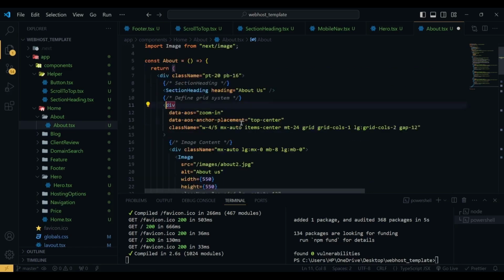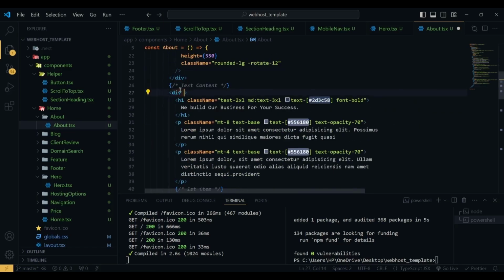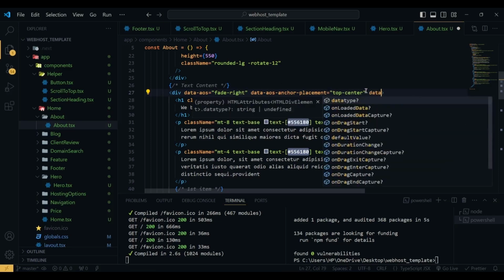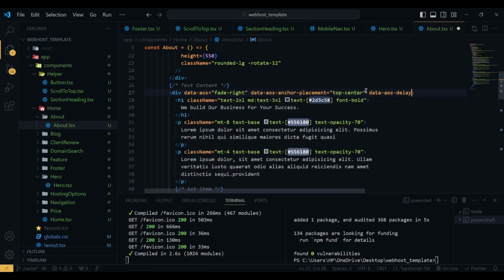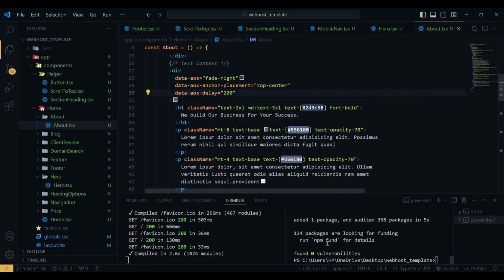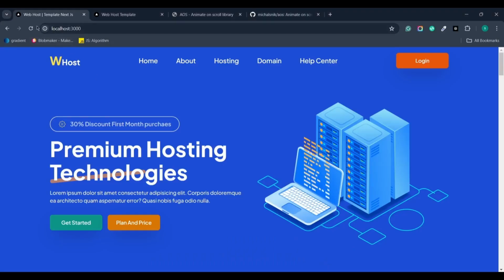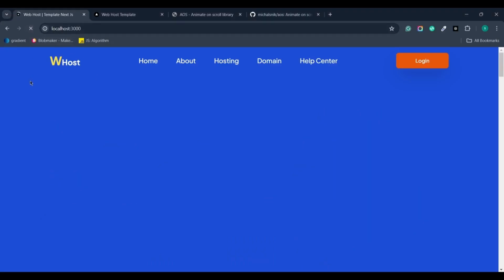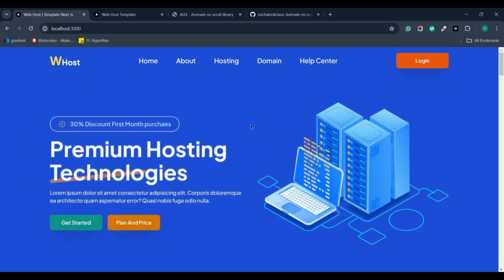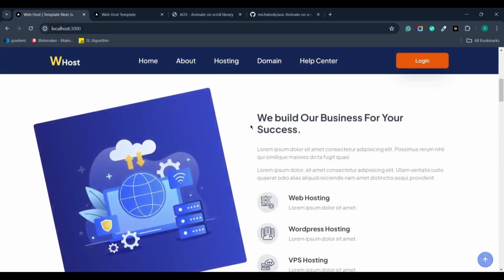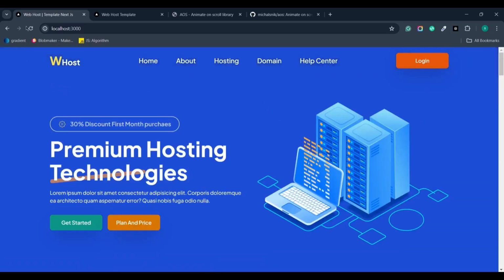And then after this div, for the text content, here we have data-aos will be fade right, and anchor placement will be top center, and here we are going to use data-aos-delay equal to 200 millisecond. If I save and I refresh the page again, here you can see we have our hero section animation, and if I scroll here you can see we have our about us section animation which works properly. If I show you again,